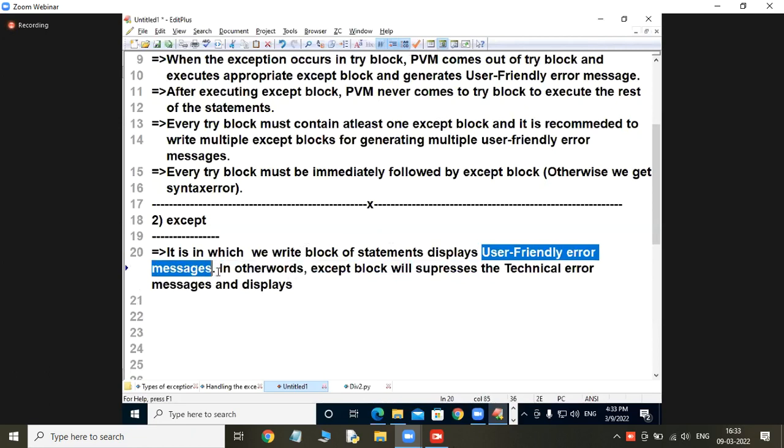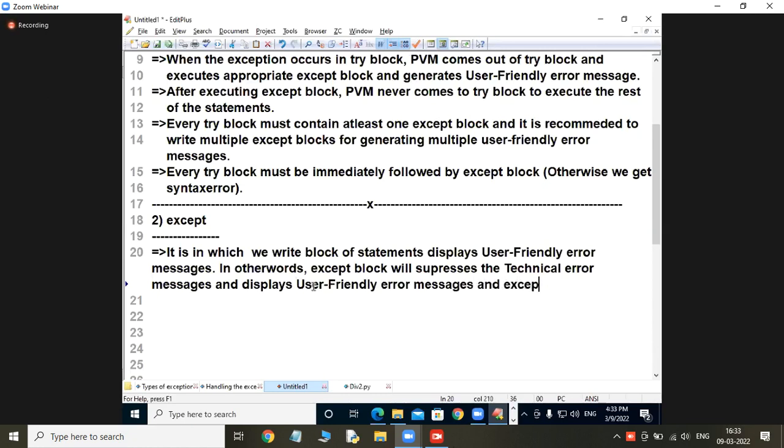Displays which messages, students? And hence the except block is called, what I told yesterday, the exception processing block. Very good. Exception processing block. They will ask you in MCQs, which of the following blocks are exception processing blocks?